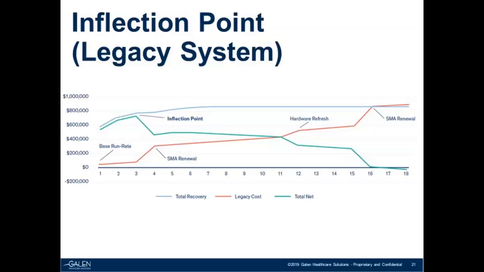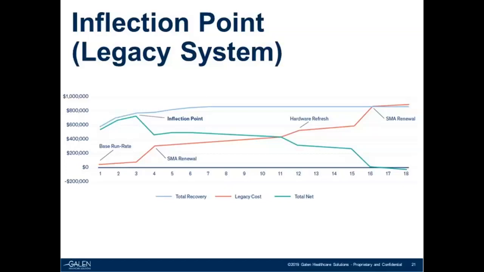You can see they start off very low at the bottom left-hand corner, and so the top line there is the total recovery out of that system, and then the green line, the really important line, is what is our net value of that recovery? What is the total amount that we are realizing as an organization, which is obviously the total recovery minus the cost of doing it. And so it goes along pretty nicely for the first 3 months, but then you'll see